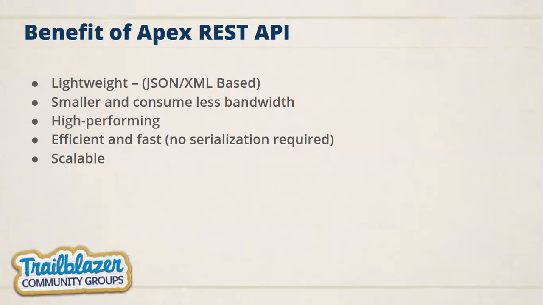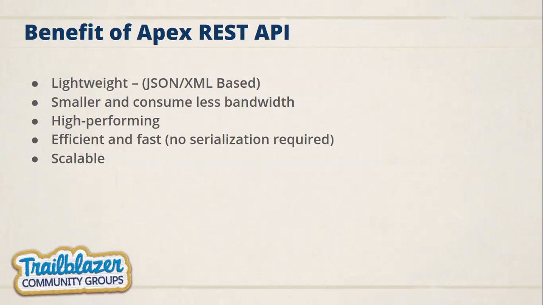REST API was actually developed with the mindset that we would use our applications on low-bandwidth devices like mobile applications and tab applications. So it's basically designed for those devices, and it will work on low-bandwidth devices. It is also high performing. If we use caching in our system, your API will be high performing and super fast to respond with your data.